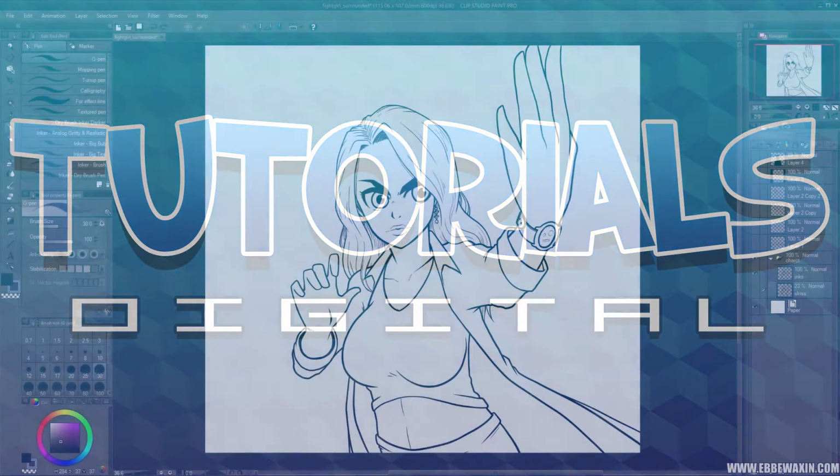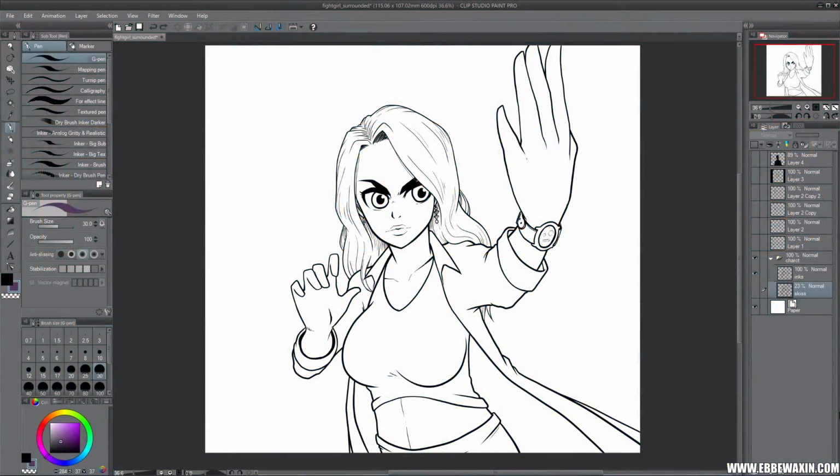Today we're gonna talk about shading part 2. I'm gonna show you some of my ways to shade my characters. So I have a character here. The lines are drawn,